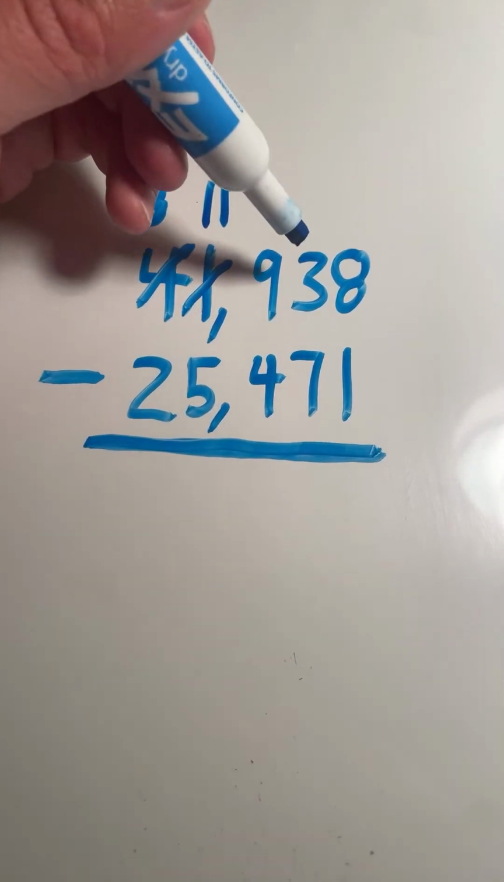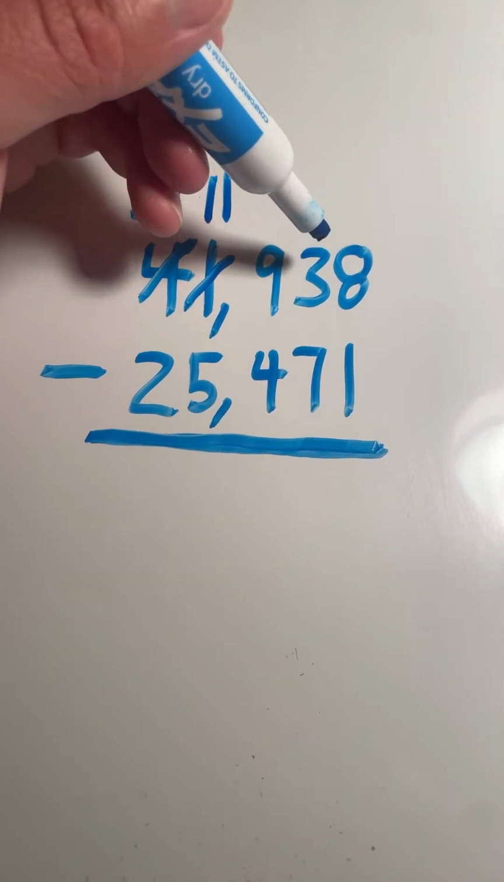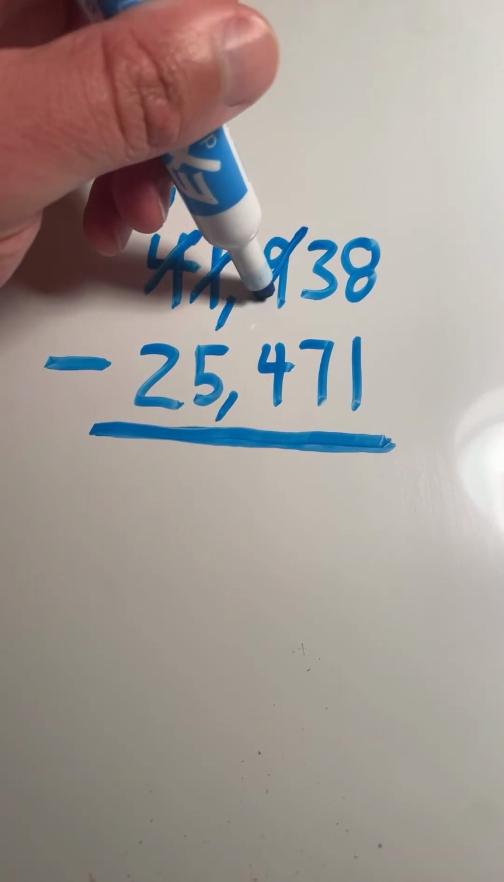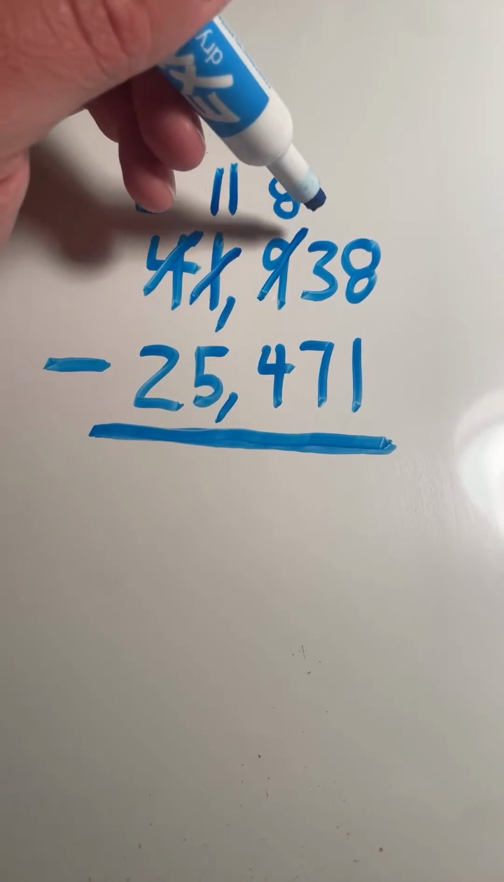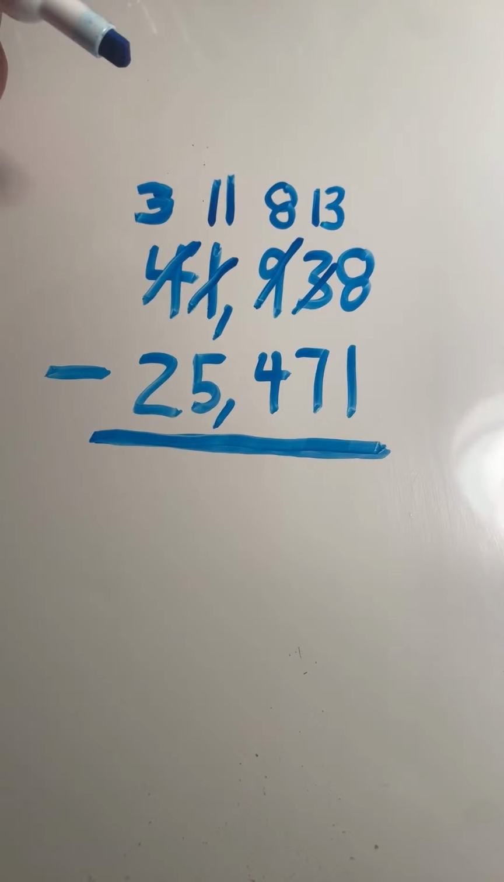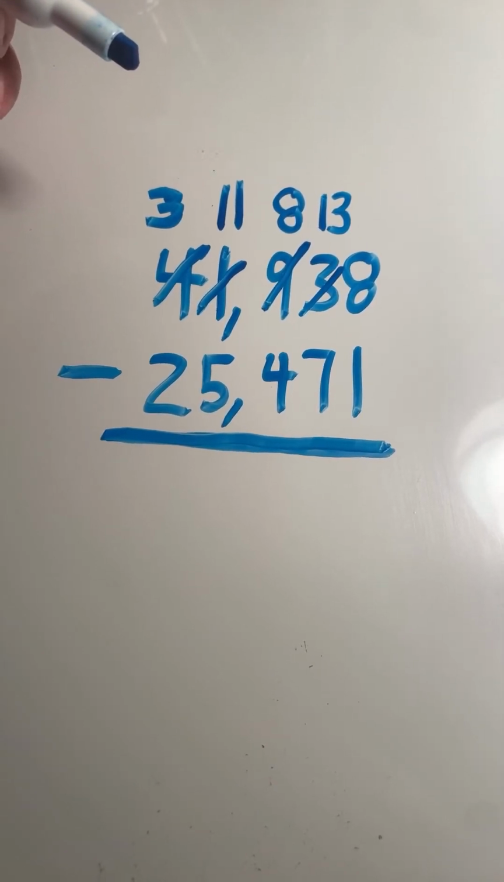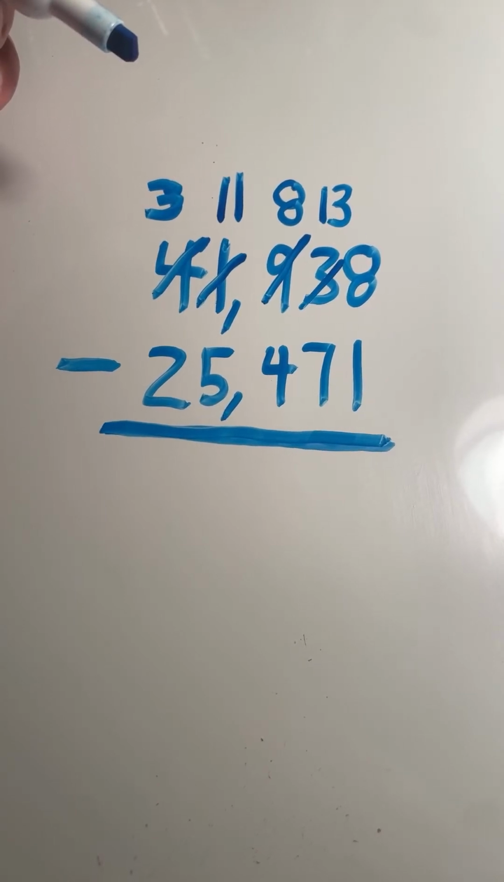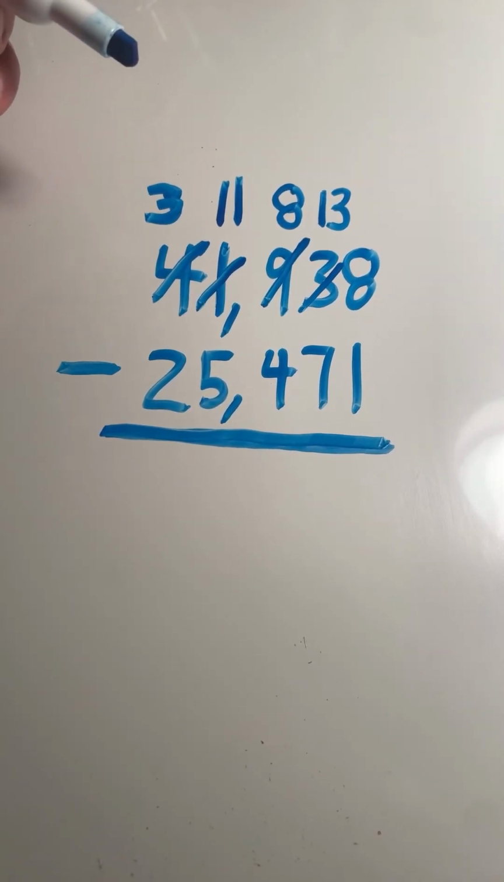Next, going to the tens place. Again, you can't start with 3 and take away 7, so you have to take a 10 from the hundreds place. The 9 is going to become an 8. And then the 3 is going to become a 13. All right, now all our regrouping is complete. All the top digits are either equal to or bigger than all the bottom digits, so now we are ready